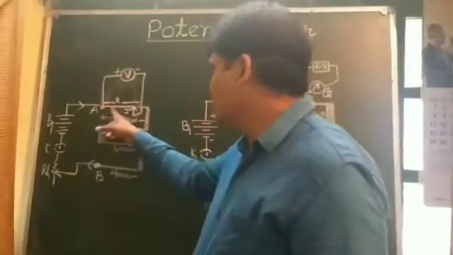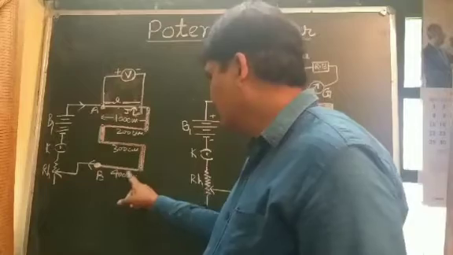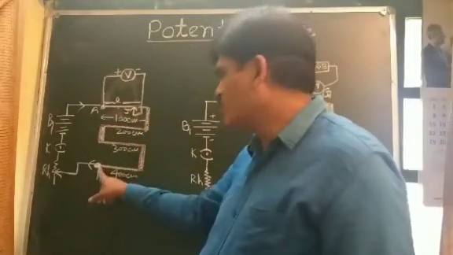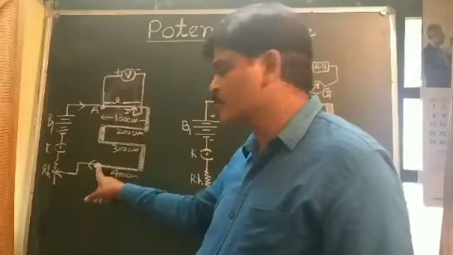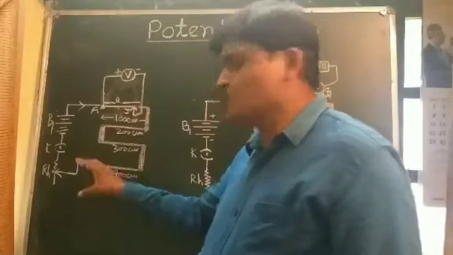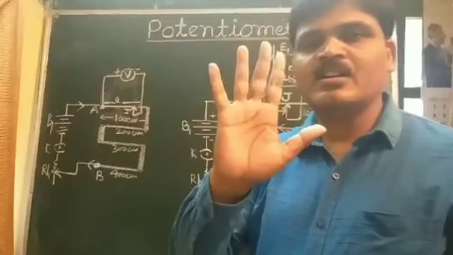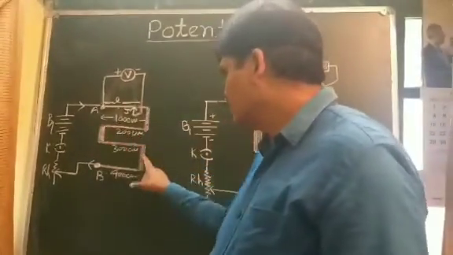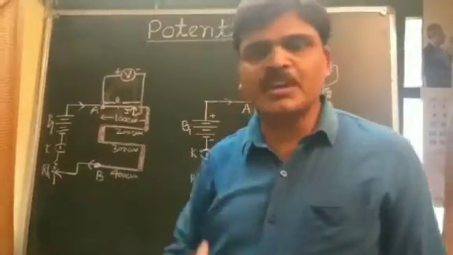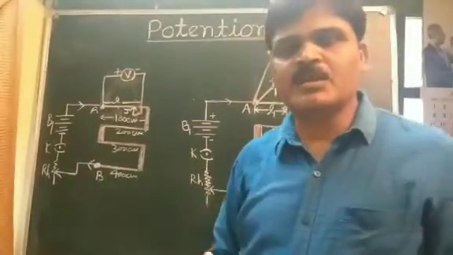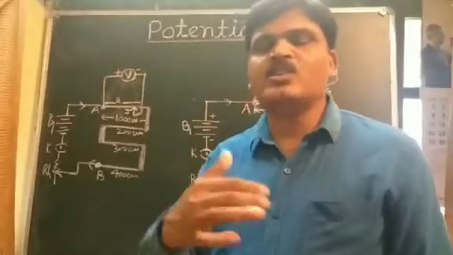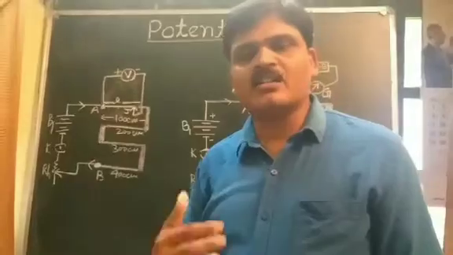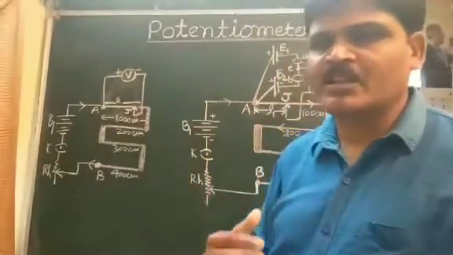It consists of a long wire AB of uniform cross section, usually 4 meter or 10 meter length of wire is used, and this wire is made of a material which has high resistivity and low temperature coefficient, such as manganese or constantan. And student,